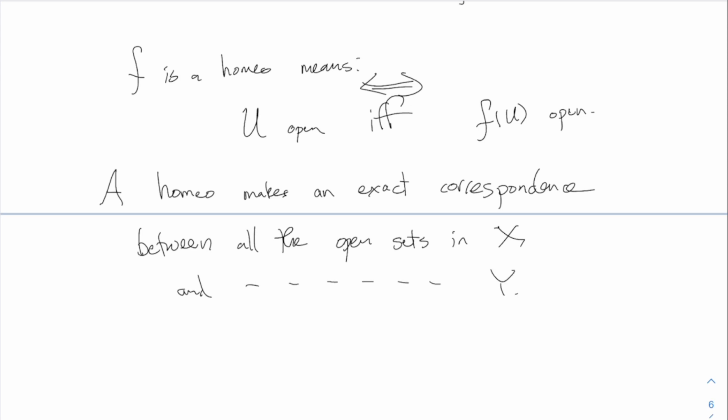All right? It's just a function which transforms any open set from X into an open set from Y, and vice versa. It also, going the other way, transforms an open set from Y into an open set from X. And it does this in a bijective way. All right? So you could think of it as, it doesn't really change the open sets, it just rearranges them or something. It makes a correspondence between the open sets in X and the open sets in Y. What this means is,